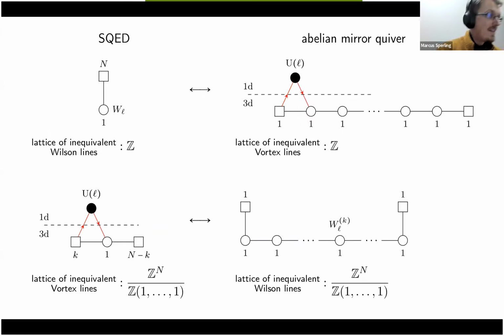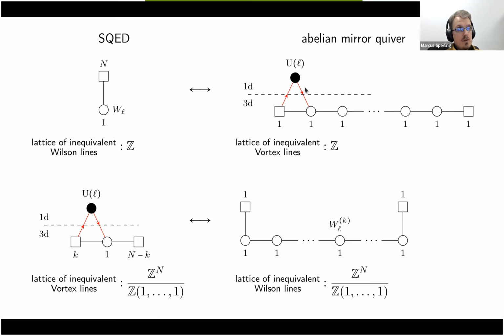Now let me show you an example to give you some flavor of what we're talking about. So for SQED, you can think about introducing a Wilson line, and the Wilson line has some charge L, right? So that's the standard gauge charge, and the allowed Wilson lines are basically given by the integers. On the corresponding mirror, you can have the linear quiver, and now I'm going to introduce the vortex line by